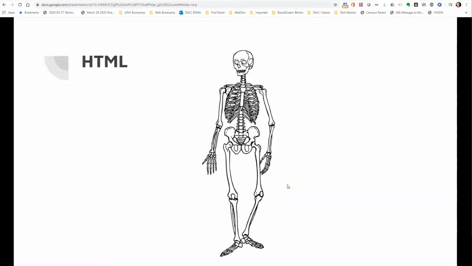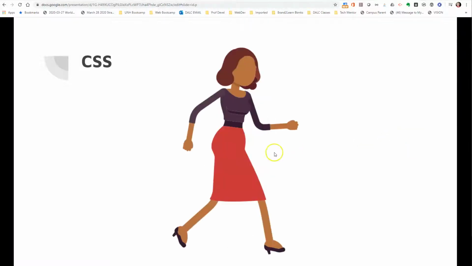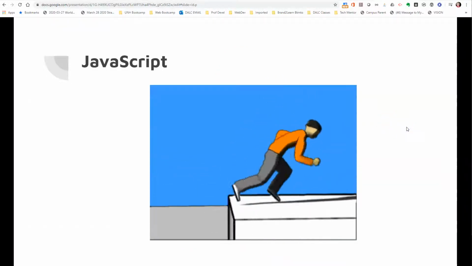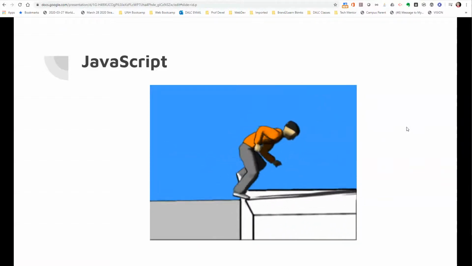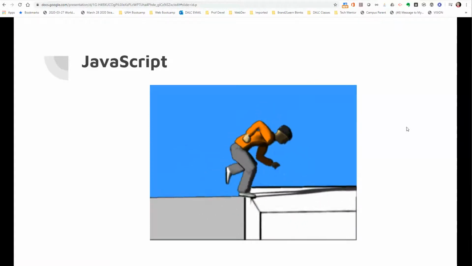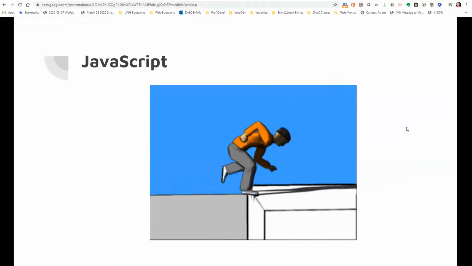So the different sections, paragraphs, headings, those are all defined by the HTML, what that structural content is for your web page. Then we use CSS to add some style. We can add some colors, we can add distinctive features, things like margins and alignments, and basically give it a little bit nicer look for your page. And our last component is JavaScript, and that provides that interactivity for a page. Allows it to do animations and allow user input and kind of make things more dynamic, add dynamic content on